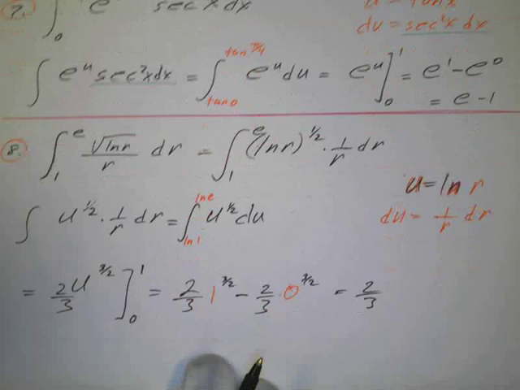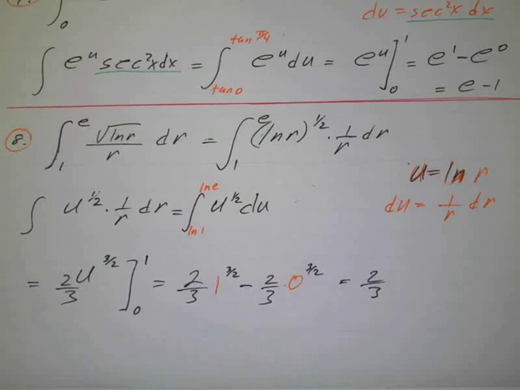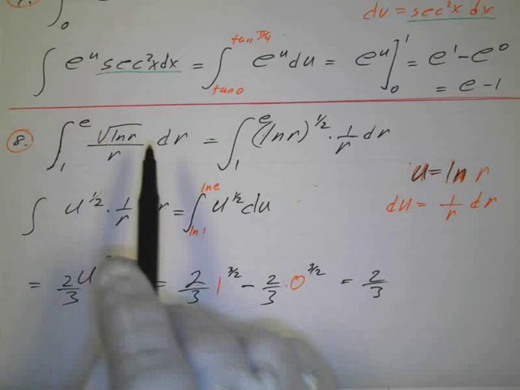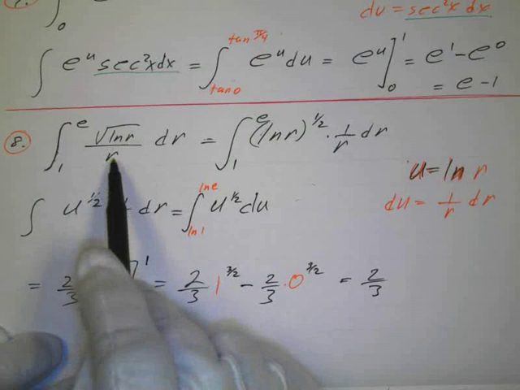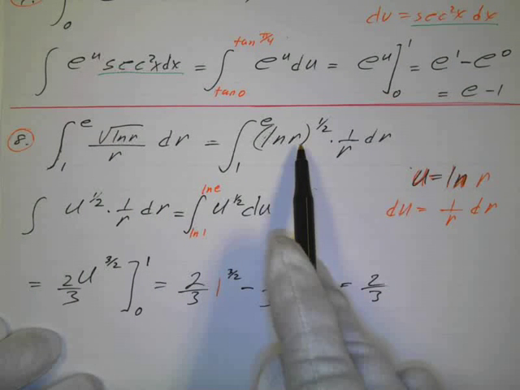Alrighty. And then number 8. Let's take a look at number 8. Okay, the integral from 1 to e of the square root of the natural log of r divided by r dr. Well, what's the derivative of the natural log of r? You always kind of check that, which is 1 over r, and I do have that. I've got r in the denominator, so I can fix this up. So I'll change this to